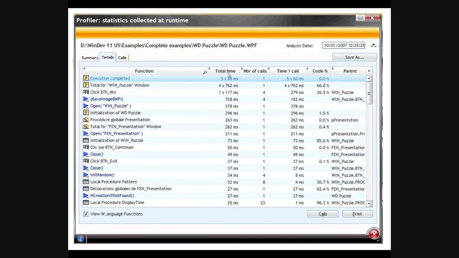So between the total time and the number of calls, you have your two main tools to find where you have to look. Of course, here you have the choice to view or not each W language function total. For example, here the init random took 34 milliseconds. There's nothing you can do about that, because obviously you cannot change the code that is in the init random. But you could eventually